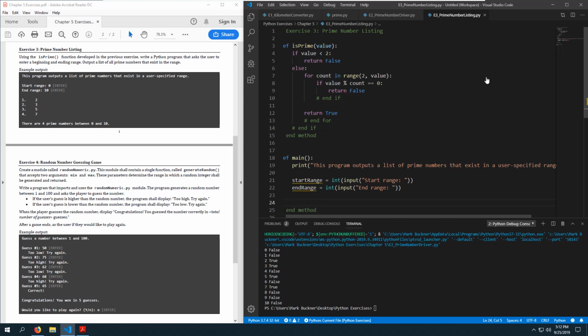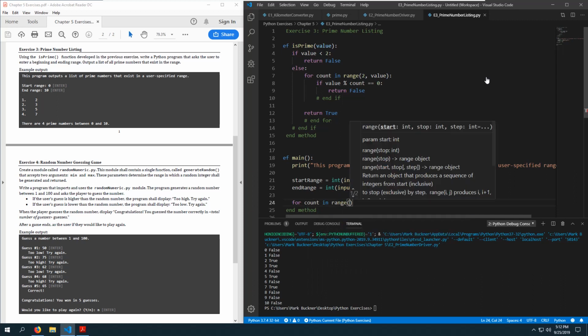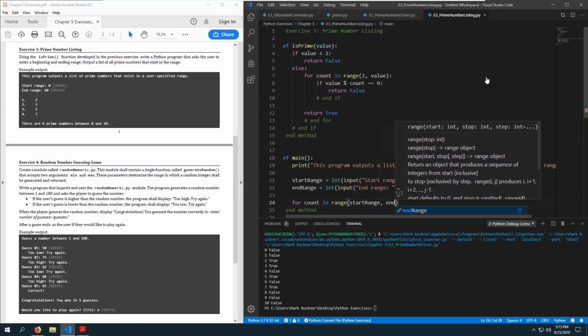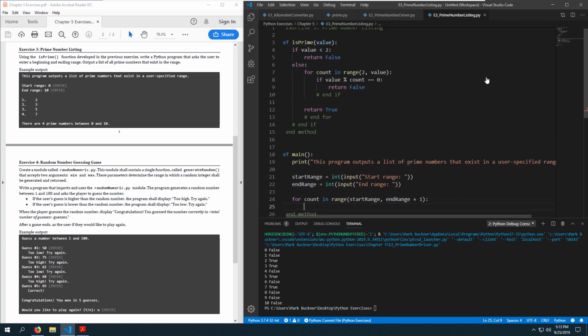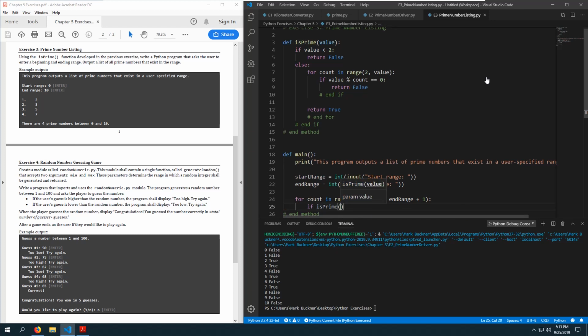And now we're going to output both the number of primes that we found and the number that is prime. So we're right at the for loop here. I'm just going to use count again. You could use counter, something like that. For count in range(start range, end range + 1). Otherwise, it will go to 1 less than end range, and we don't want that. Colon, if is prime. Notice that I don't have to do prime.isPrime here because I have the prime function directly in my code. If is prime, passing into is prime the value count. I could do is equal true, but I don't have to include that because it's assumed by default. So I can just say if the count is prime,